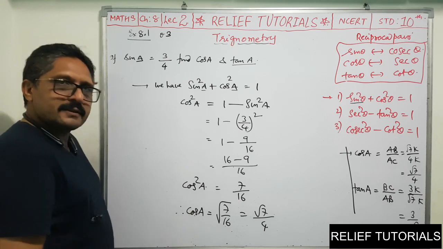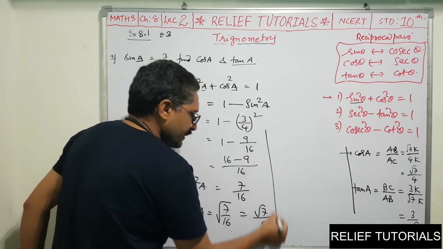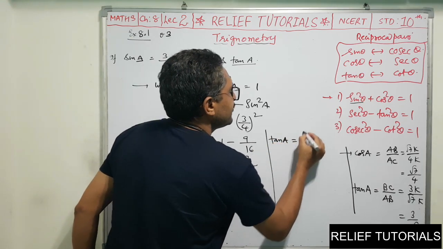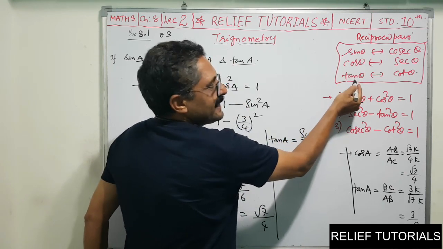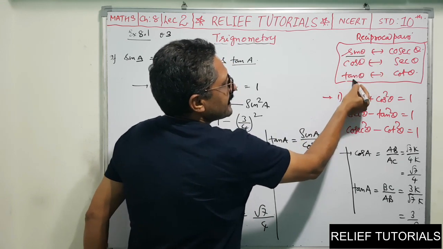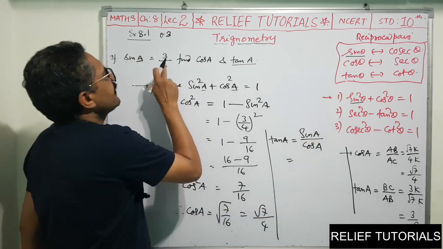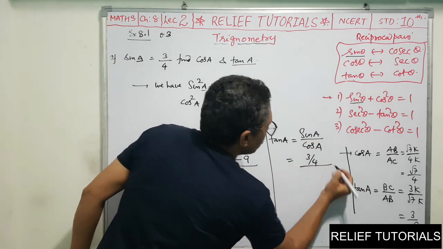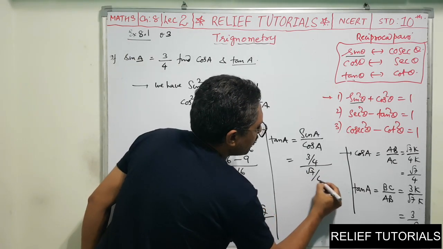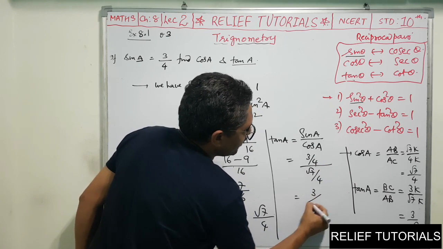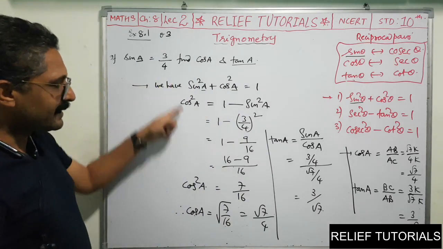Okay, so now we got cos, we have sine, so we can find tan by using identities. How? See, we have an identity, if you know: tan A is equal to sin A upon cos A. The ratio of sine and cos is tan. So sin theta upon cos theta is equal to tan theta. You have sin A, which is given as 3 by 4. You have cos A, root 7 by 4. 4 will get cancelled, so you will get 3 by root 7. Tan A is equal to 3 by root 7.